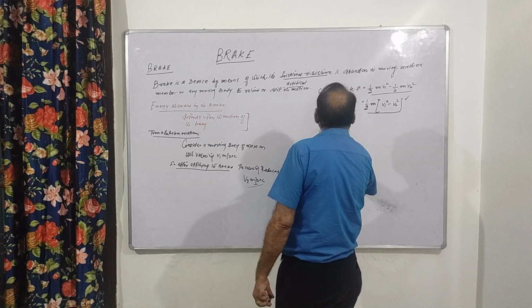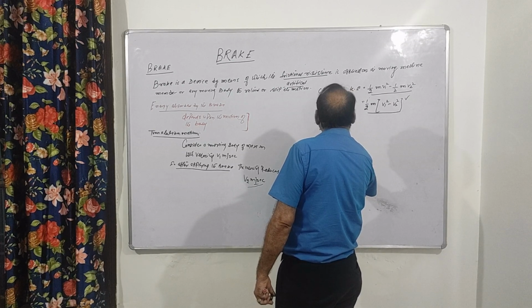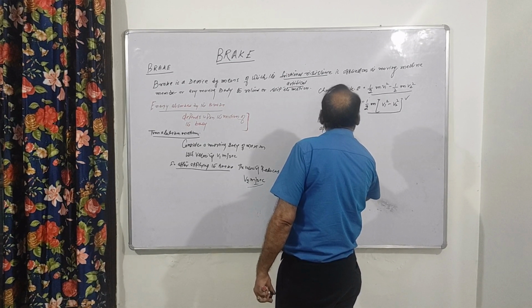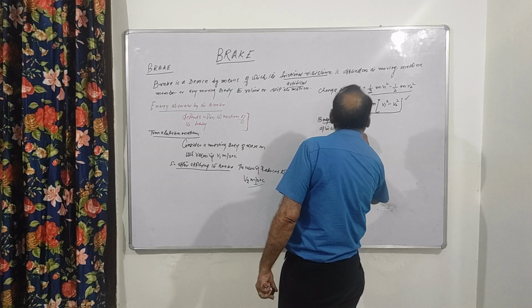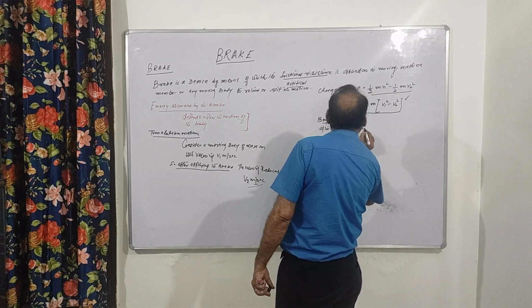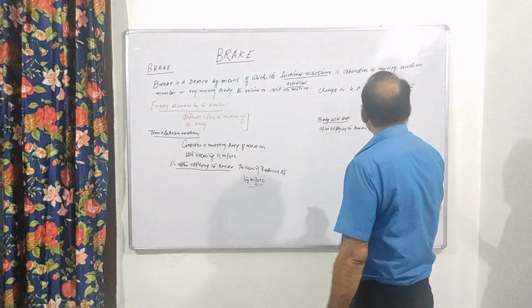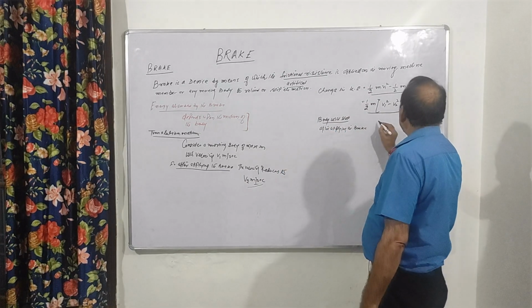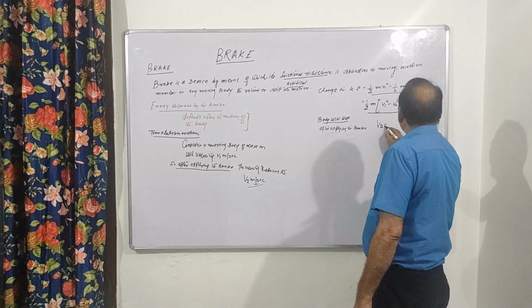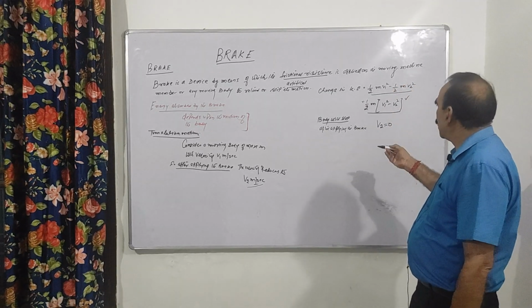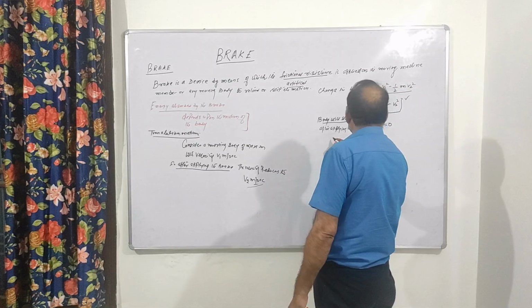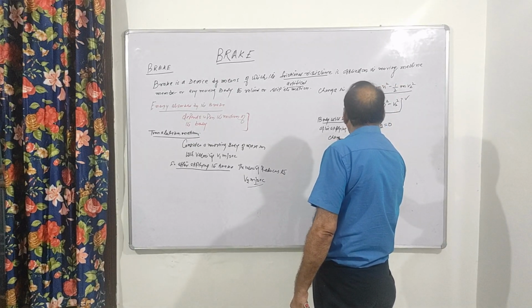If the body will stop after applying the brake, then what happens? This velocity v2, you can say v2 is 0, right? So v2 is 0. So in this case, your change in